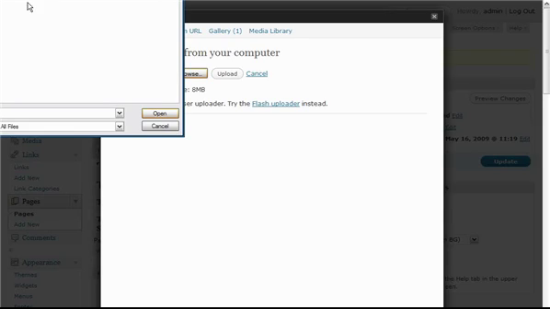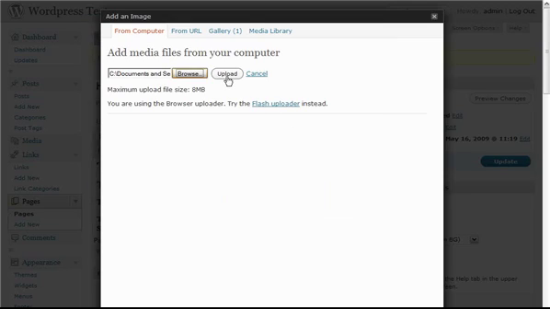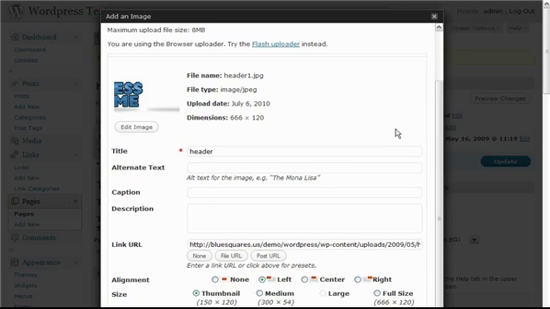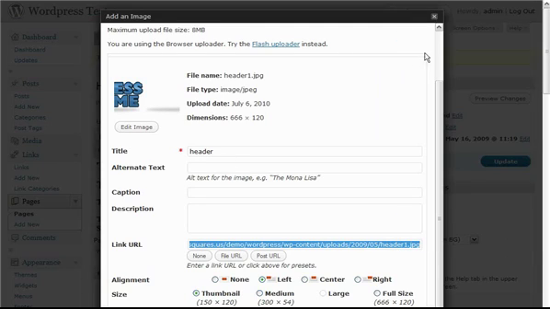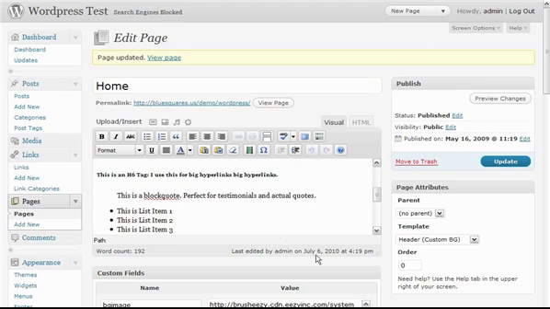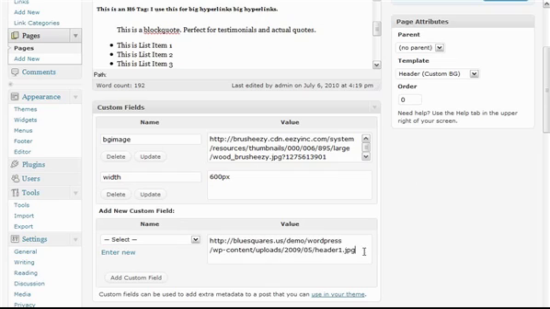and browse to where you uploaded your header. In this case, I uploaded it right here. WordPress will upload the image for you, and I'm not even going to care about this entire box here. All I want is this URL right there. I'm going to copy that, and I'm going to close this box without saving or inserting anything. I'm going to scroll down a bit, and I'm going to paste that URL to that header, and I'm going to add